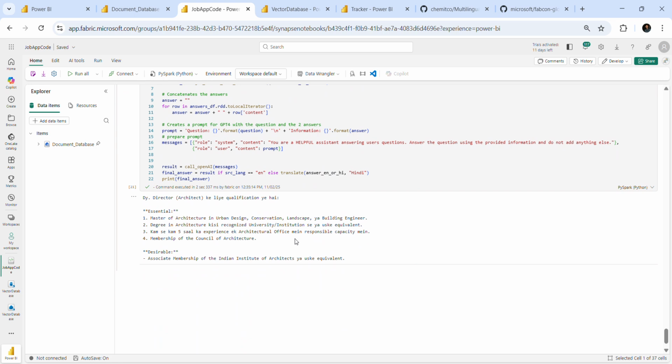So for this project, I think it's very helpful for the students who are preparing for the government exam, so they can devote their time to prepare for the examination, not to find out the information relevant to the examination. So you can ask for more about the syllabus and other stuff.